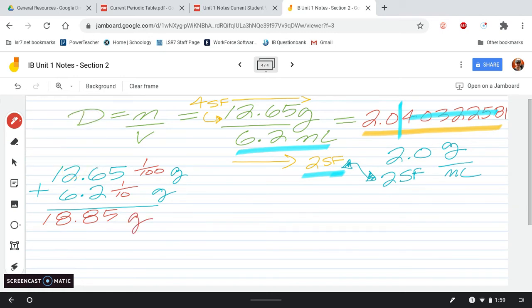So what we do, same trick. We get to go over here and say, okay, you get to keep 1 decimal place. That's not numbers, that's decimal places. So I get to keep a single decimal place because that one has 1 and this one has 2. So I get to keep 18.8. But since we're rounding here, we're going to go ahead and round this correctly. And so the 5 actually tells the 8 to round up. So I would report an answer of